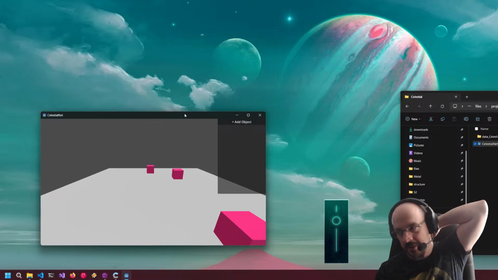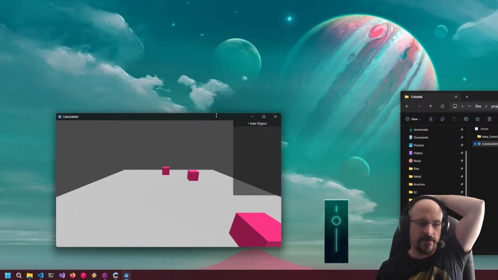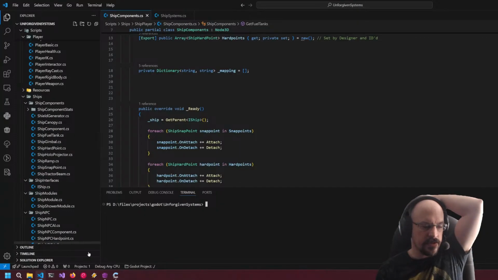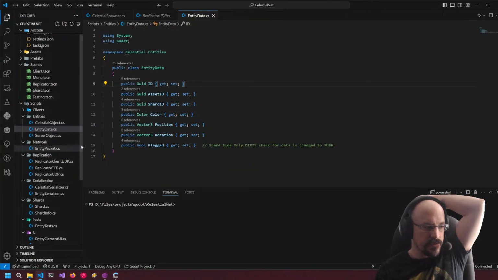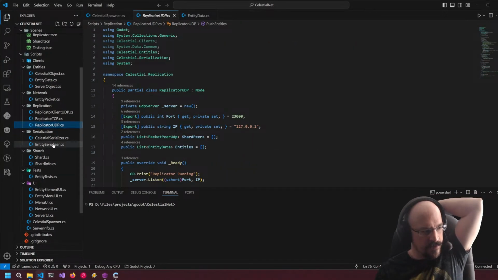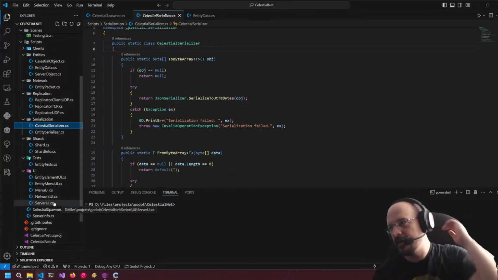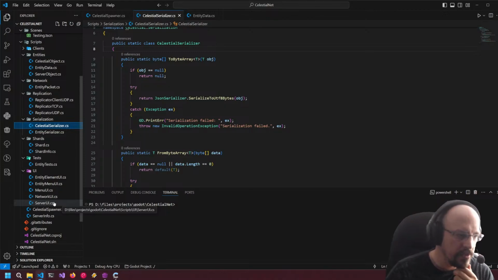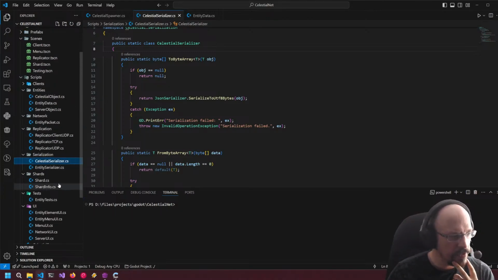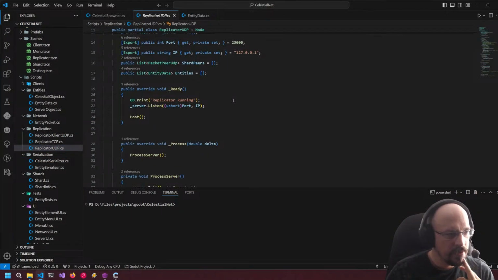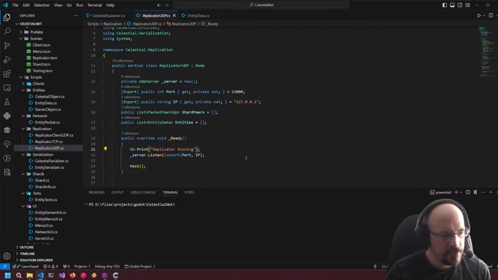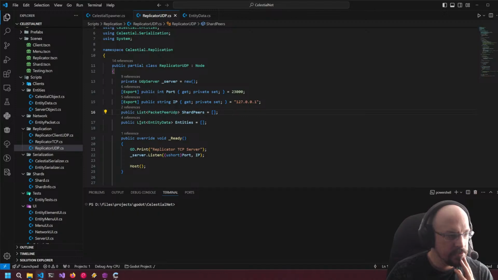But we do need some command and control type stuff sending around the system in the first place, so that the replicator can tell the server that this thing doesn't exist anymore. So we need to work on this replicator UDP. Yeah, so TCP service. All right, so if the UDP service,